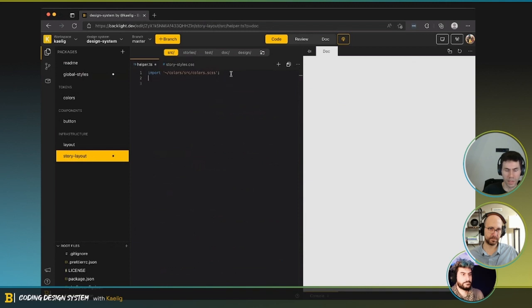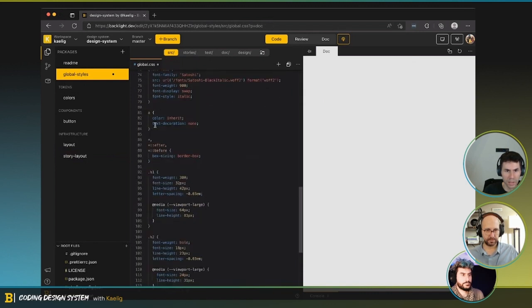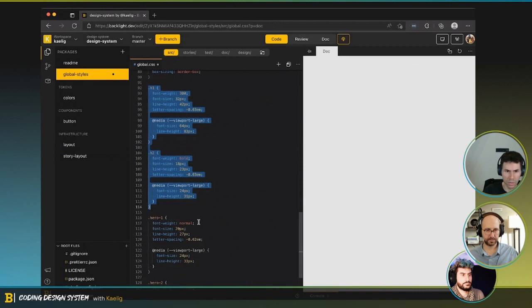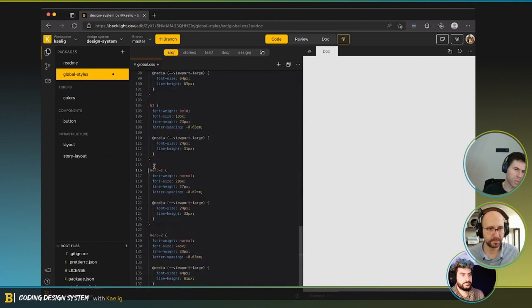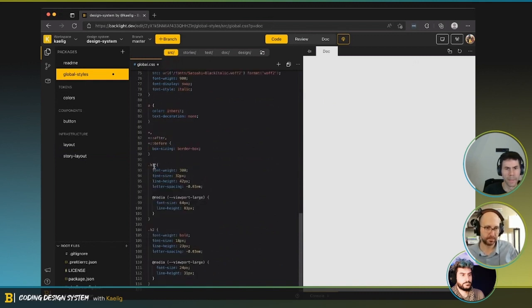And so here we can import the stories styles. So we load the CSS Custom Properties, then we load the styles for the stories, and this is only used for the stories. And then on the global, we keep the font and a few elements. So we would usually move that into a typography kind of token here, where we can look at this later on. And the hero, this is specific to the host application. So for the moment, we can just remove it and keep this.